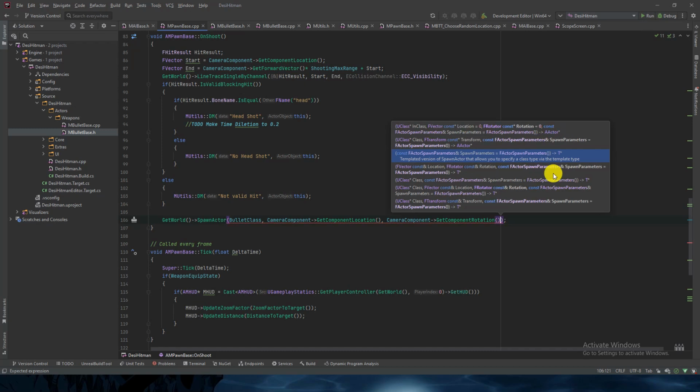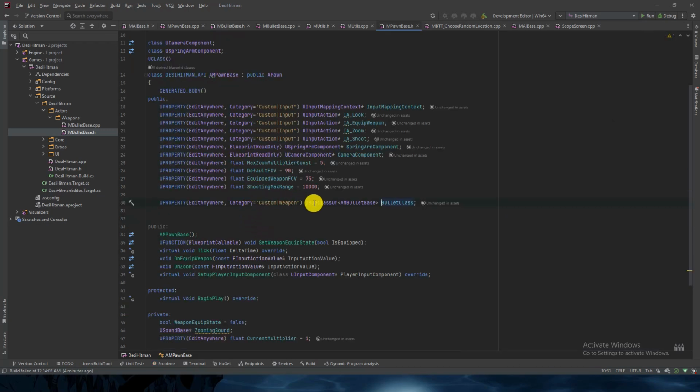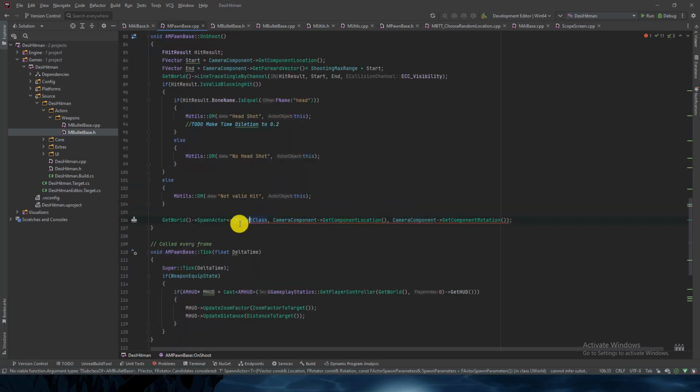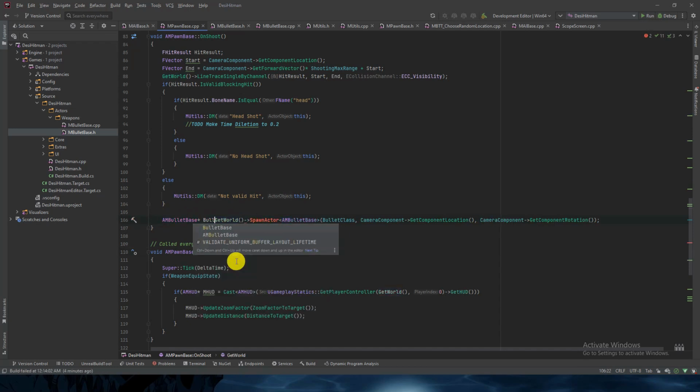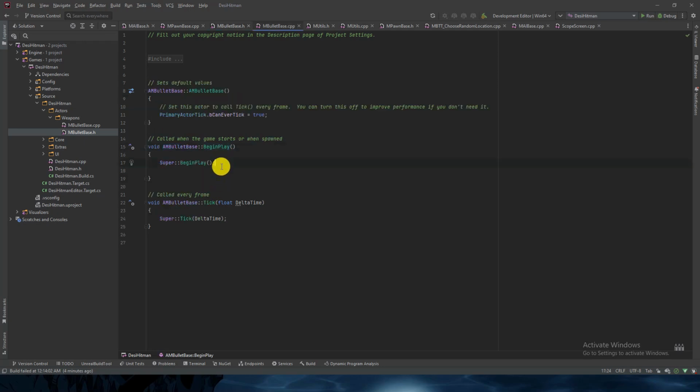Okay, it should have worked. So the thing is, we have to cast, like what type of class will it be? It will be a type of AMBulletBase. So we can have one reference to the bullet object equals to... So it will spawn the actor, and as soon as it spawns in the begin play, I would like